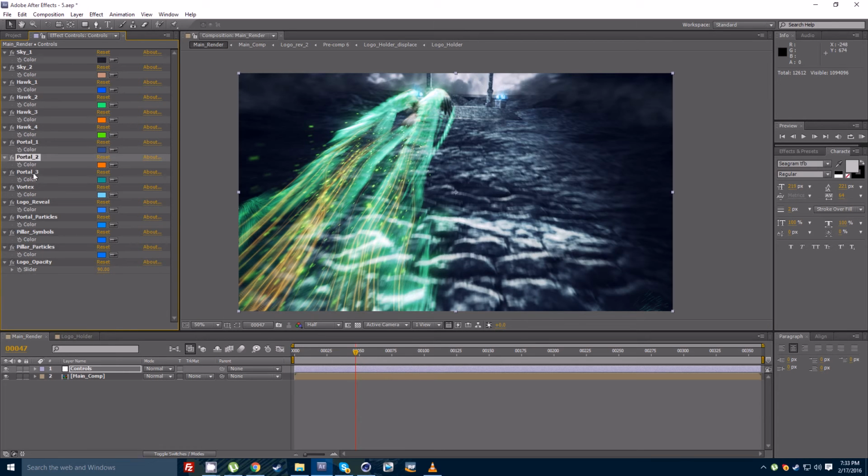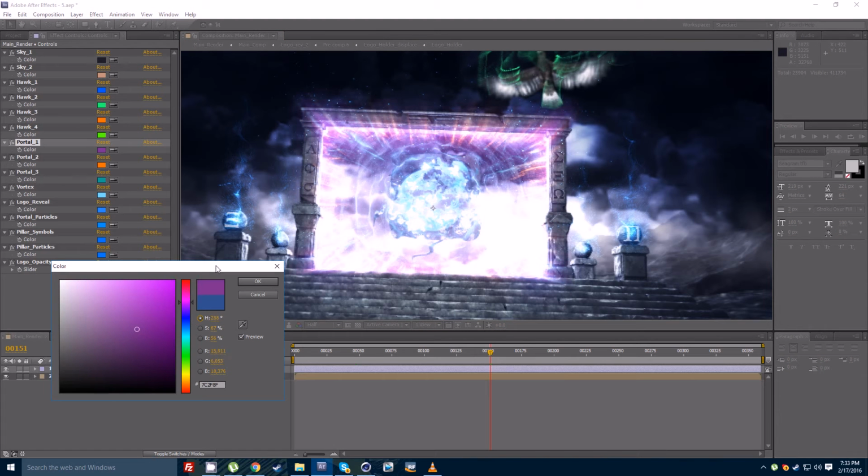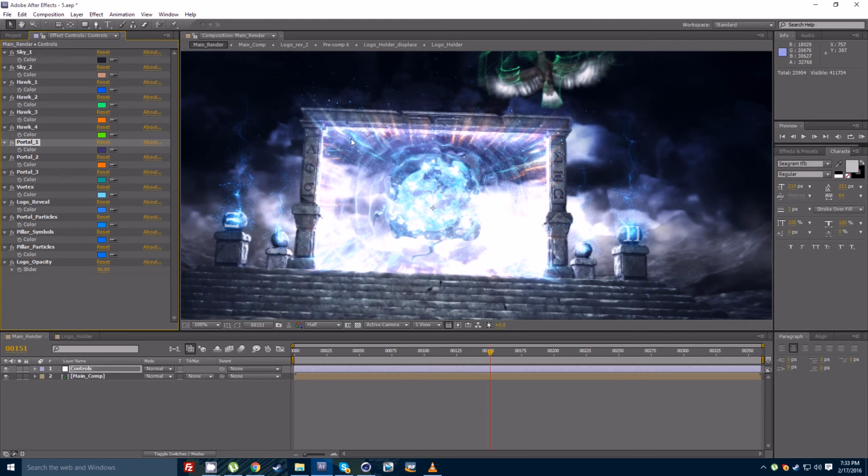So let's see, for Portal 1, 2 and 3, let's choose another frame. So Portal 1 will be the main background color of the portal, so you can change this, see how that affects it. I will also recommend not using really bright colors for this, because it will blow out the portal colors. But if that's your desired effect, then by all means please use whatever colors are suited for your project. But usually I would recommend just using slightly gray and darker tones for Portal 1. Portal 2 will be